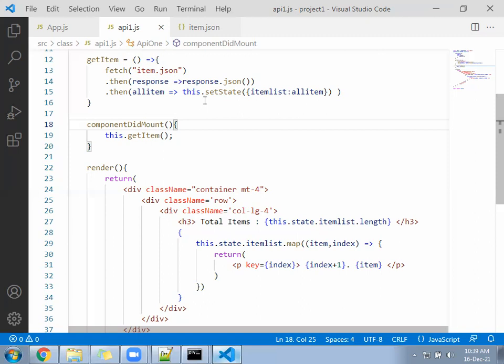We can say like API one dot JS cannot find. When you have to show API one dot JS. API one dot JS folder. One side. Class folder. API one, that file now. Where is the API one dot JS?